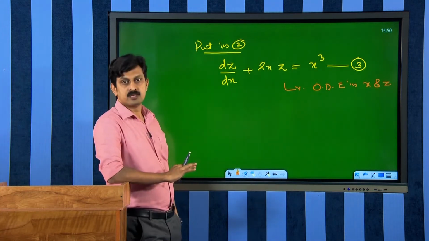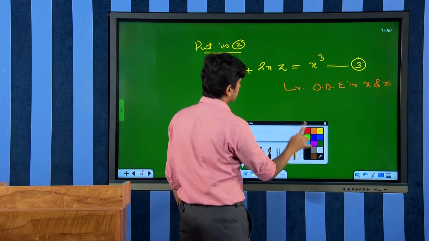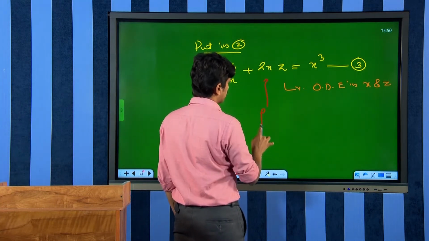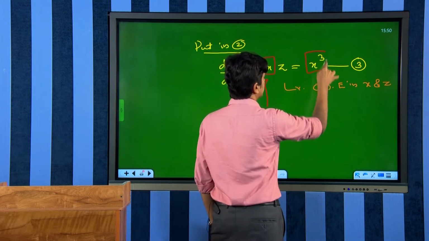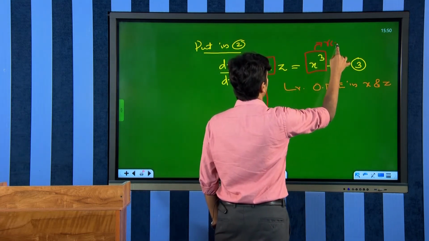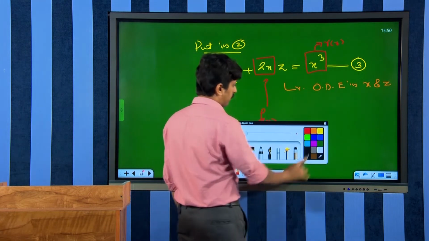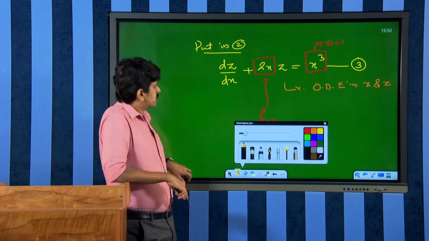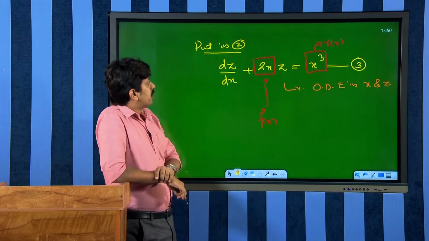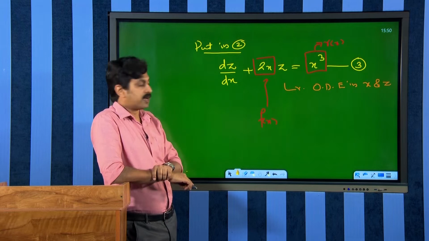Okay, fine. Here we have f of x is 2x, and x cubed is r of x. This is our r of x. Fine. Okay. x cubed is r of x. So, we can solve this by using the formula